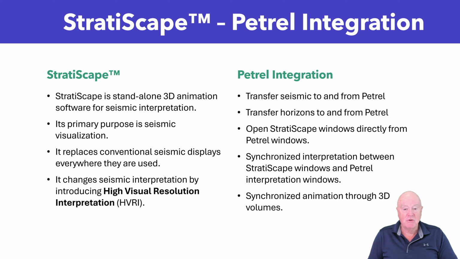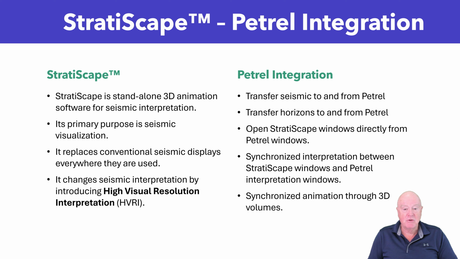To begin, HVRI is based on a software product called StratiScape. This is an example of a StratiScape project window. StratiScape is standalone 3D animation software for seismic interpretation. Its primary purpose is seismic visualization. It replaces conventional seismic displays everywhere they are used, and it changes seismic interpretation by introducing high visual resolution interpretation,